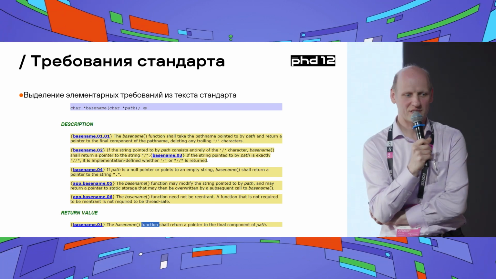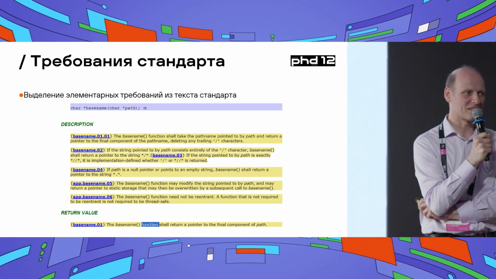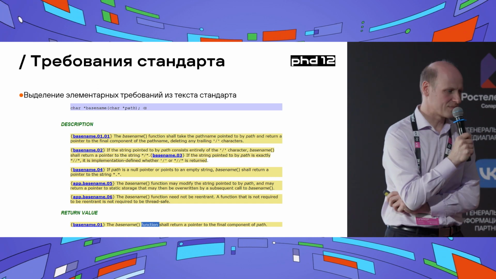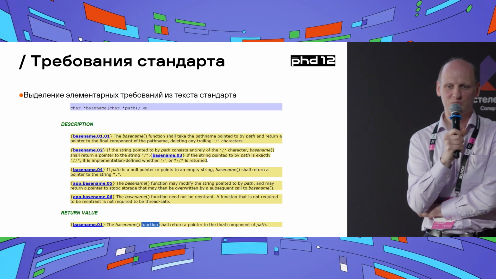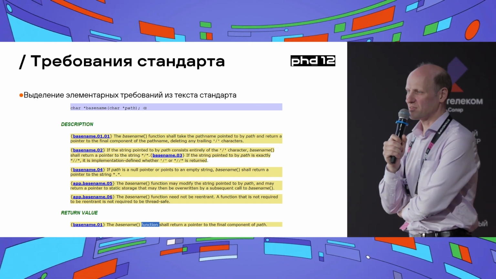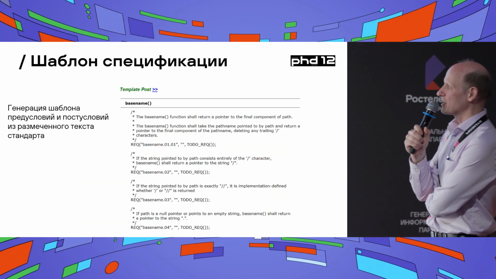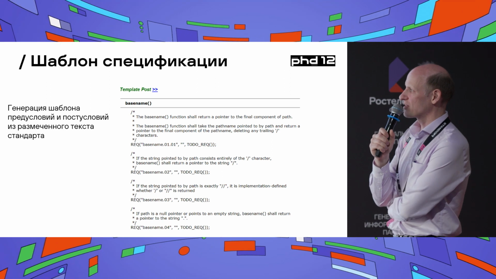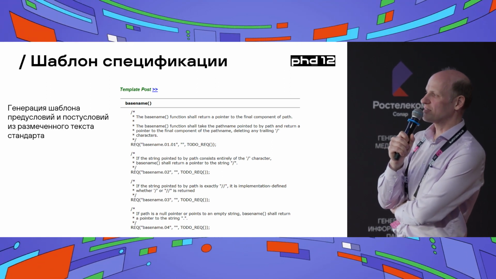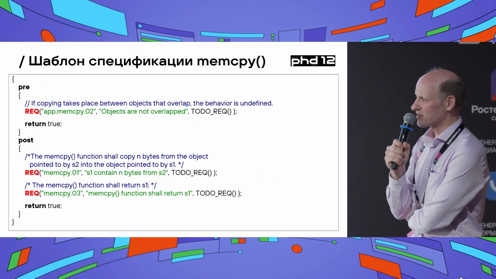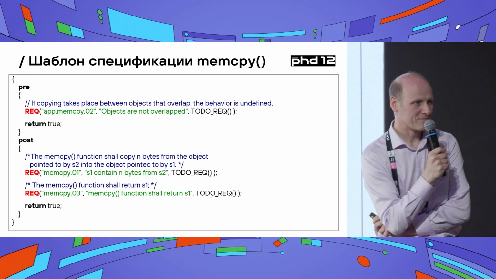So we built a catalog of requirements for the standard in the browser, in the text format, and each piece had an identifier to facilitate checking and verification. As a result, we generated a template of formal specification. This is the second idea, which